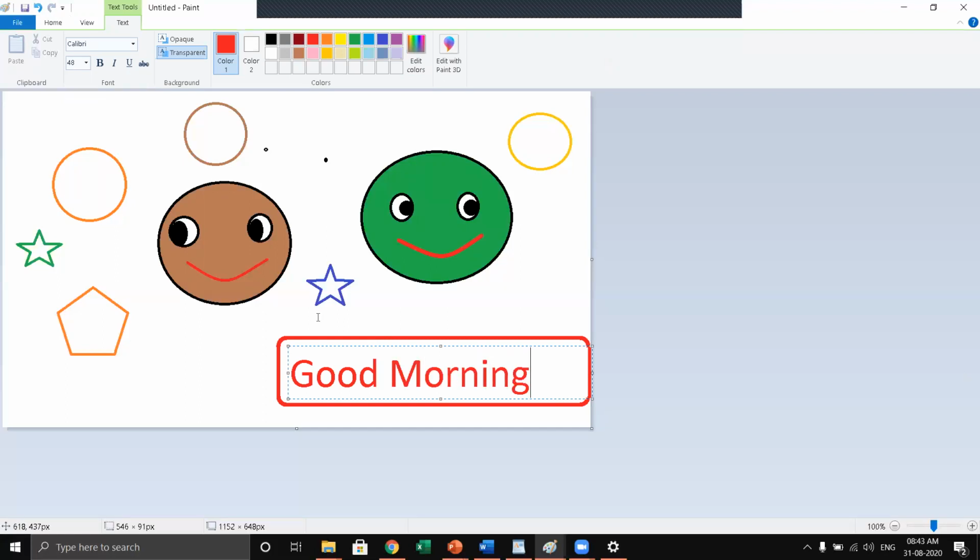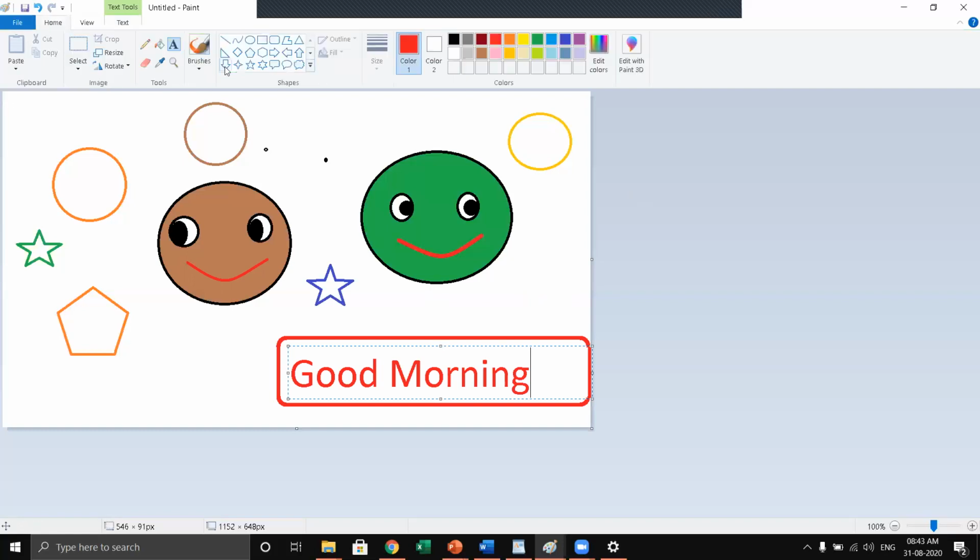So I will just type good morning. And then I have to give the two stars. I'm going back to home. Can you observe here? Home. In home, I have to take stars here. One star is here. Okay. And I'll again click here and back to the yellow star here. And one more star is there here.